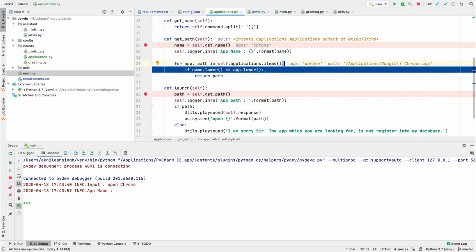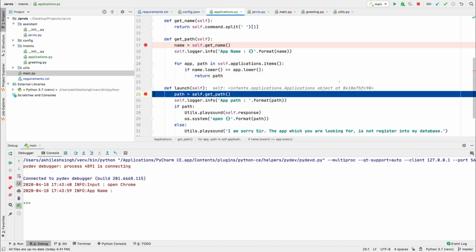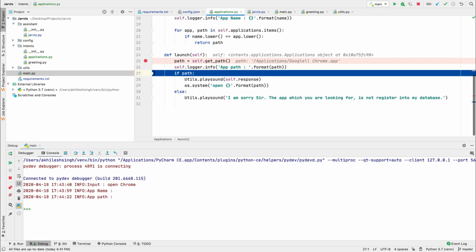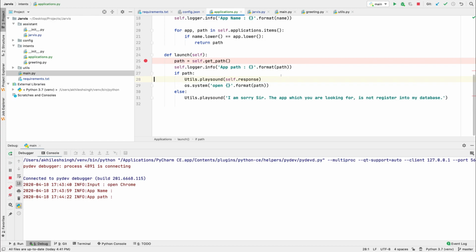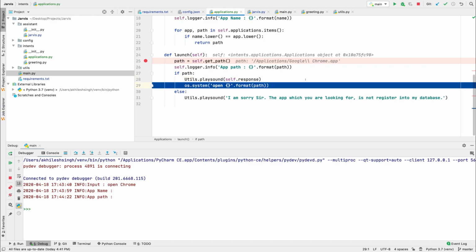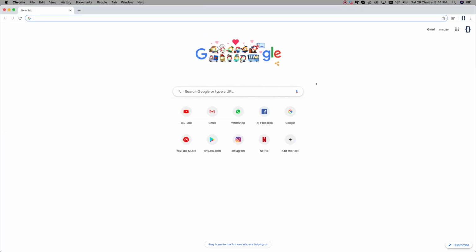Now we have the Chrome, then it will return this path. So we have the path of Chrome. Now it will just print. Here also I need this, and now it will say the response. Sure, sir. And it will open that application. Bang on. Yes, like this.